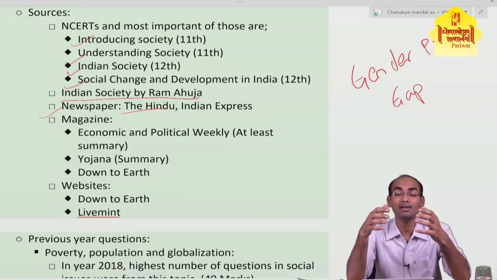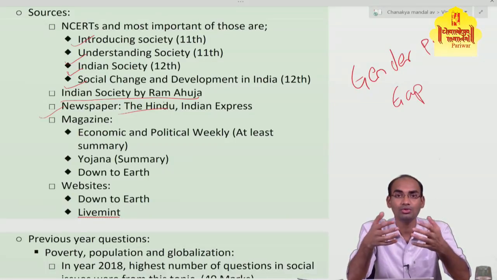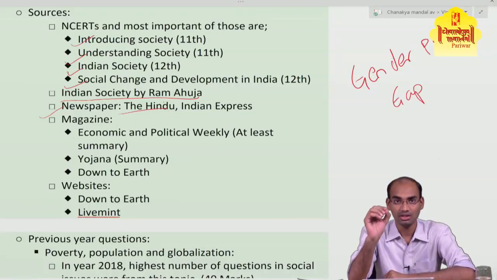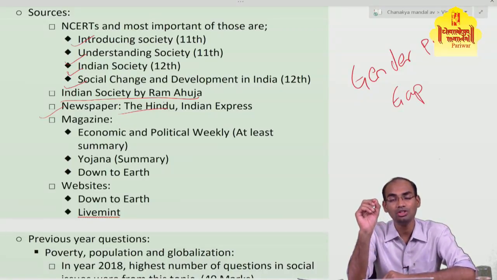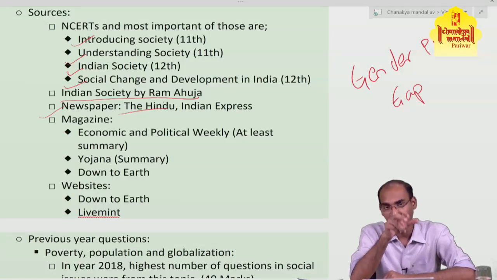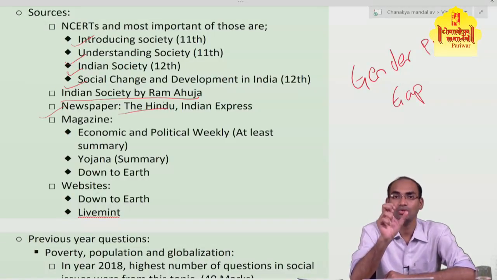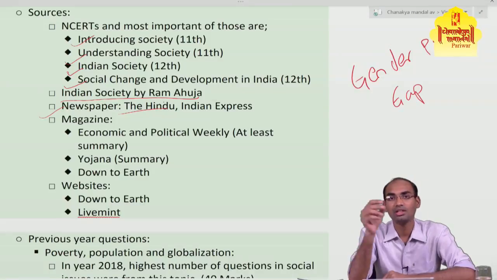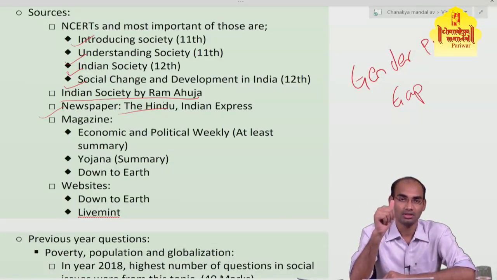So you should be thorough with the newspaper, and you can't just read it, you have to apply it. While making your own notes from the newspaper, you should mention where you are going to use a particular news item. You should mention in the column or in the margin of your own notebook that this news can be used for this purpose. For example,